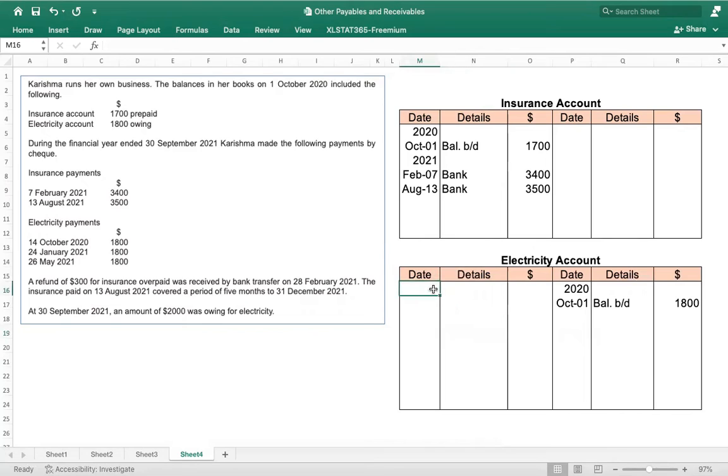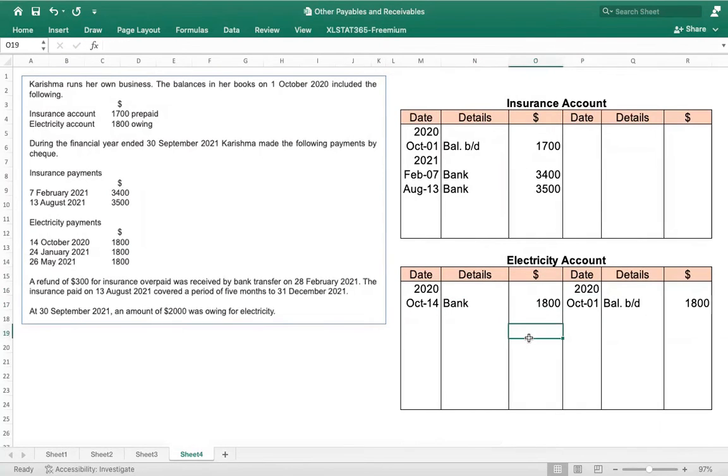So what I will do, payment now, so expenses will increase. Increase in expense, debit side. So 2020 October 14 she paid, and this is also by check, so I will write bank 1,800. It means she has cleared this old due. This was pending on the beginning date. So she paid that in this year. Okay, then next she paid